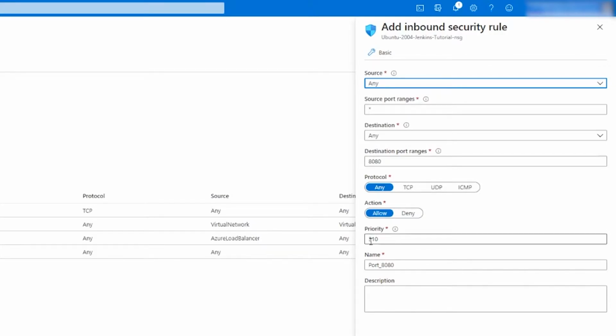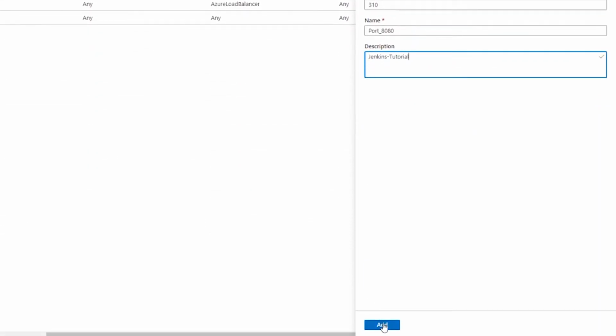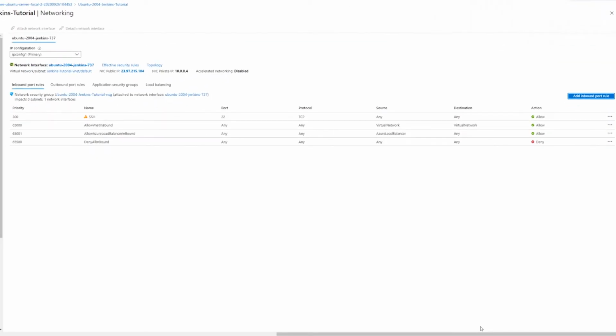So we can only change the name if we want to, or add a description to the port rule. I will be adding Jenkins tutorial as the description. Then we will click on Add to add the inbound security rule. Now Azure is creating our security rule, and in a couple of seconds it should be enabled, as you can